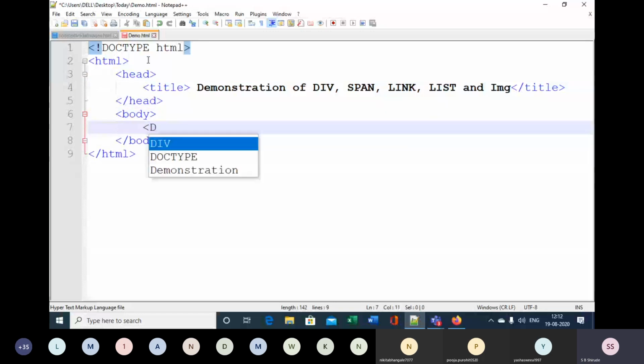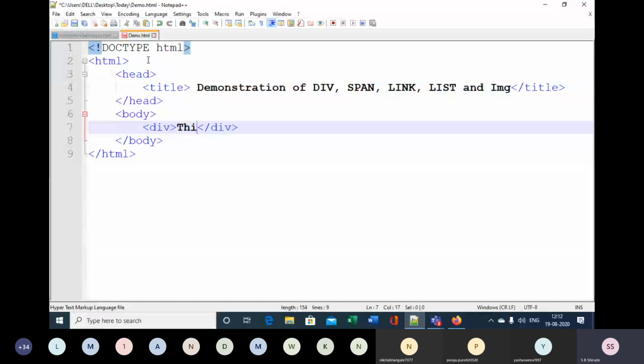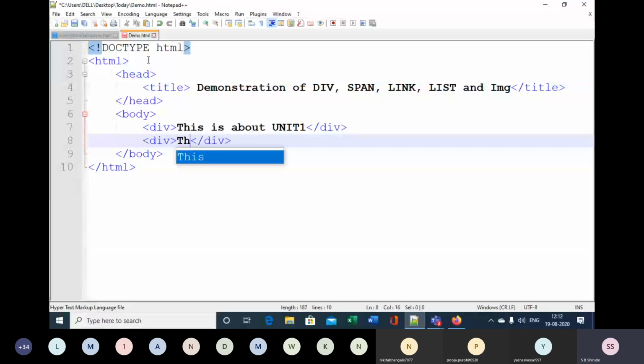So it will be the first one. This is about unit 1. The another division div, this is about unit 2. Another div, this is about unit 3.